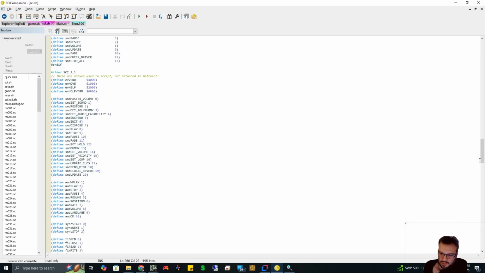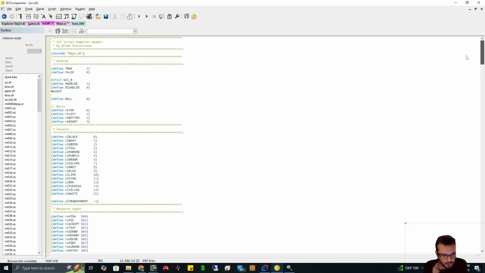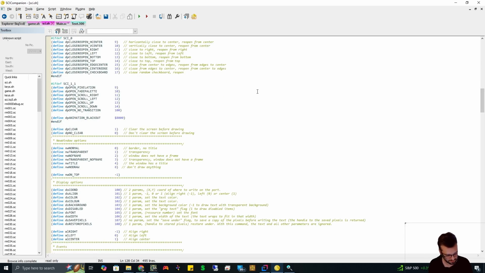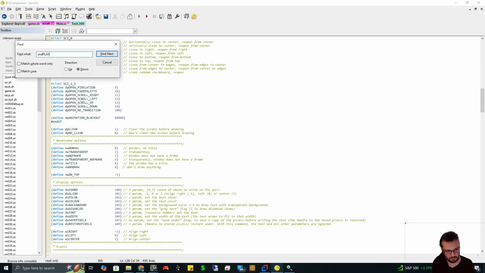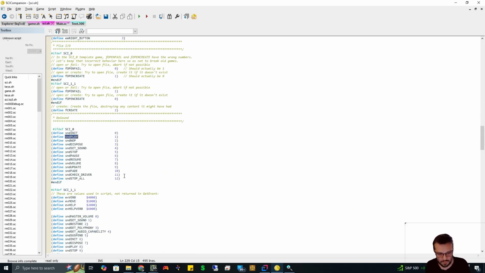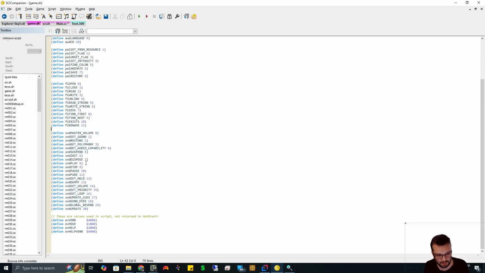So these are the SCI 1.1 defines, but if I go, let's see, let's search for them. Sound play. Here. This is for SCI 0. You can see sound play is defined as a 1, but in an SCI 1.1 game, sound play is defined as an 8. So then when it tries to reference that, because it was getting compiled as an SCI 0, it was calling the set sound function instead of play, and it was passing a 1,